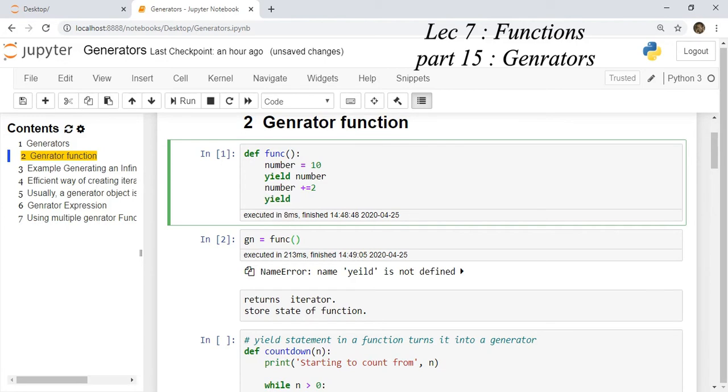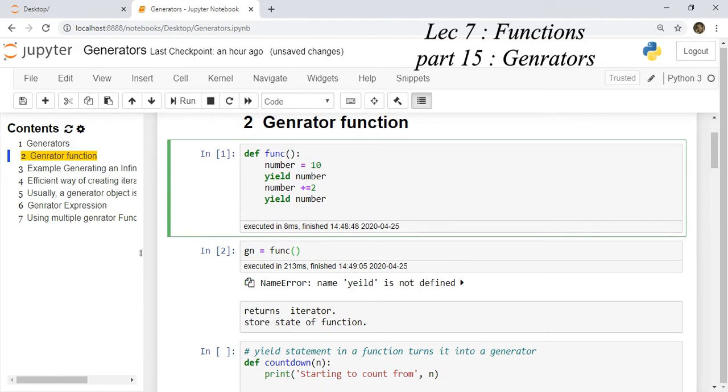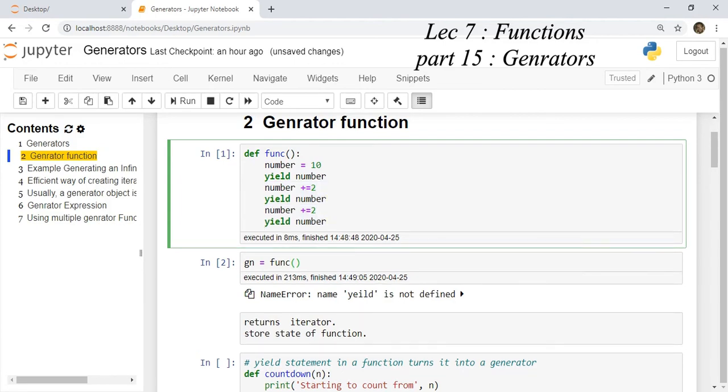Yield. Again the execution will be paused, the state of the object will be stored, and it will be passed to the call point where it will be processed on demand. That means on demand values are generated, functions are paused, and again it follows the next iteration after processing. We repeat this process one more time. How many times have we yielded the value? We have yielded the value 3 times.